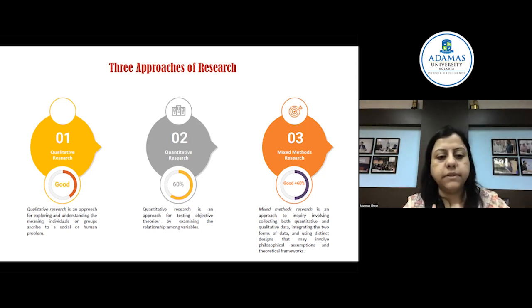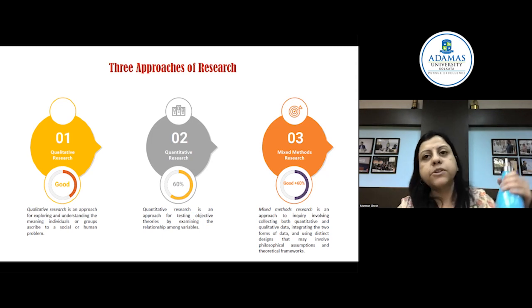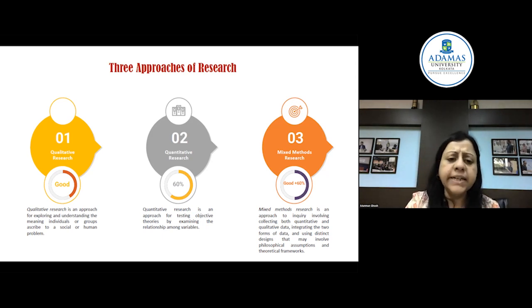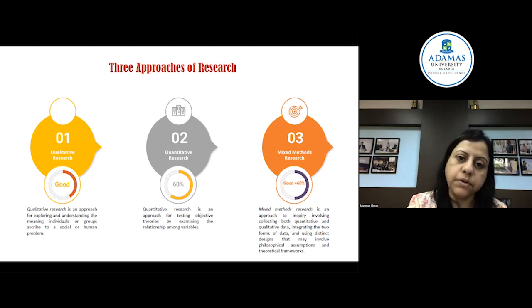Qualitative research is all about exploring the data, understanding certain individuals, groups, communities, and behaviors, not through only collection of mass data, but going in depth near to them,